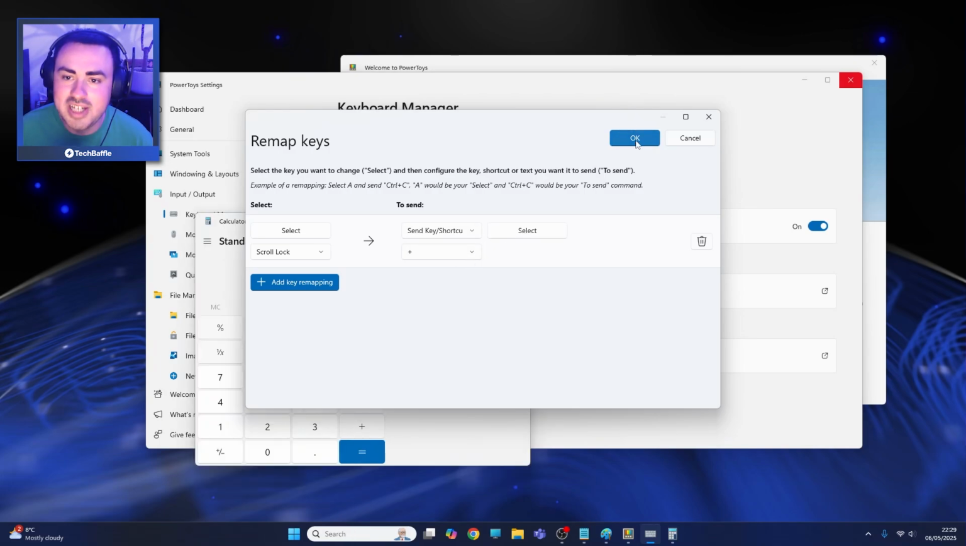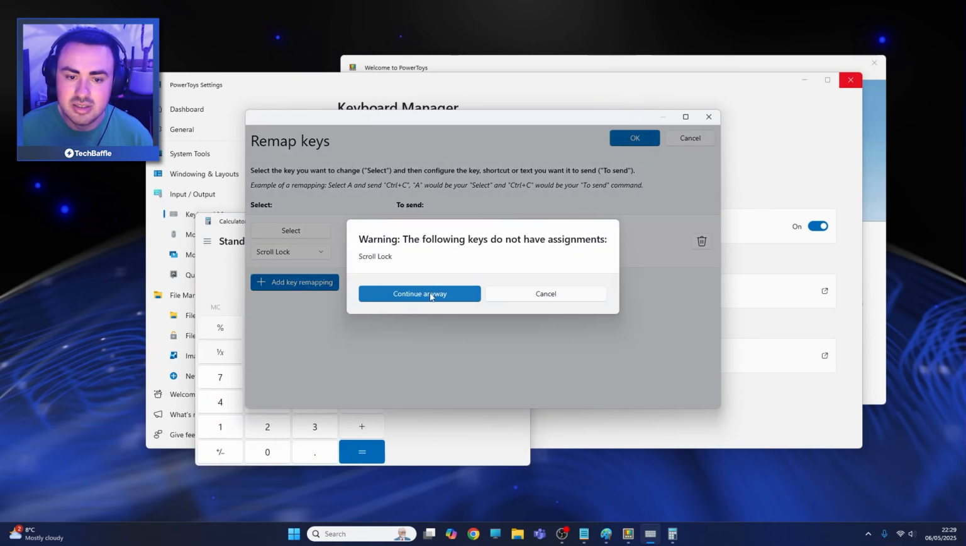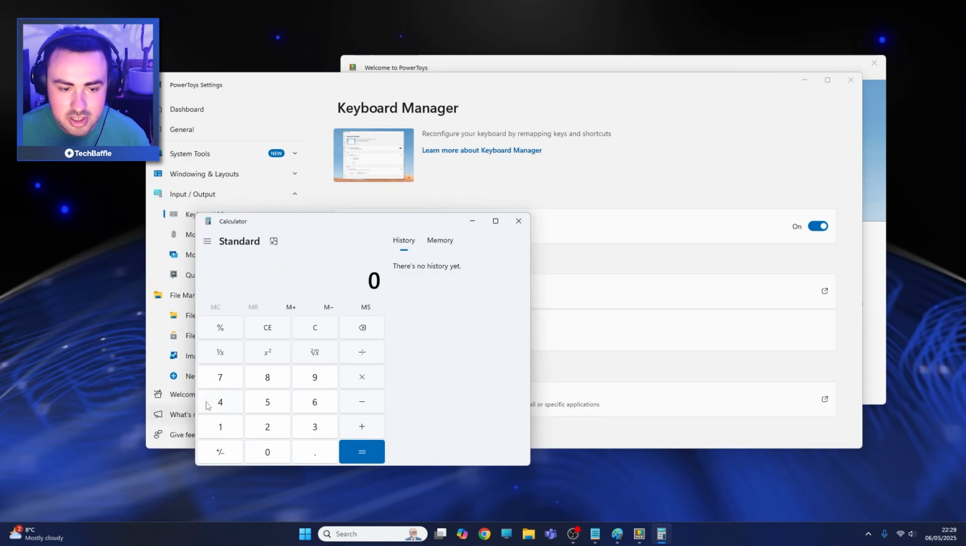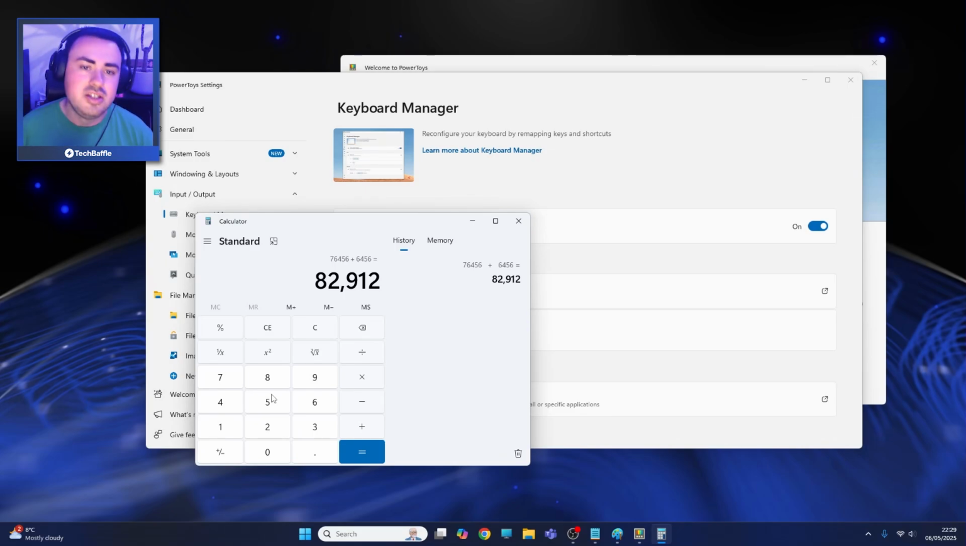Oh, sorry, we have to press OK first. Yep. So let's go and type something into the calculator. And now Scroll Lock, in my example, will now press plus. Done. So obviously you'd make it useful for your situation, but it might be certain software you want to use,